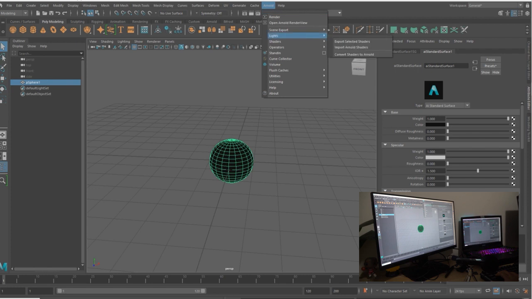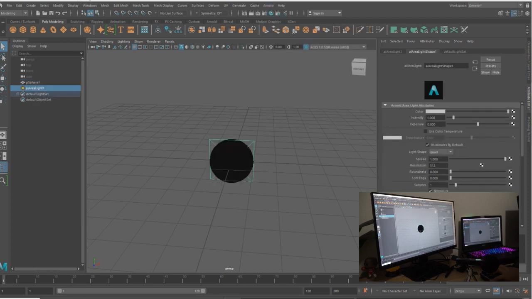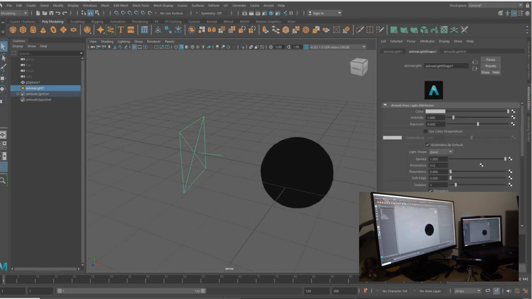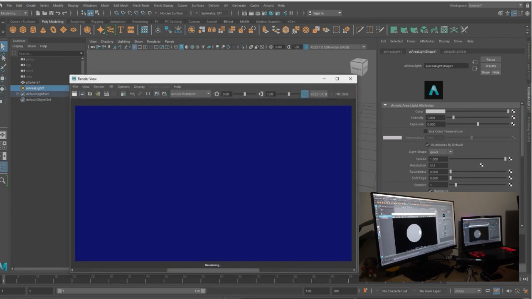So we go in Arnold light and we have those 6 lights. So we're gonna cover those 6 lights. The first light is the area light. So area light is kind of the basic light. So imagine this plane is now like an emission of light. So if I press render here,